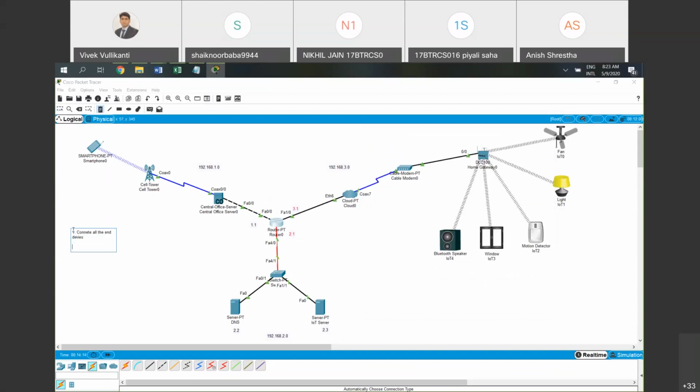Second step, we made IoT devices get connected to the home gateway. There might be spelling mistakes, don't mind. Home gateway using wireless